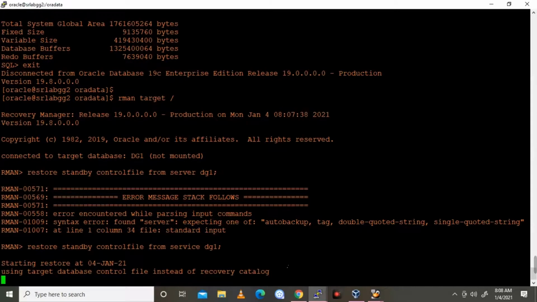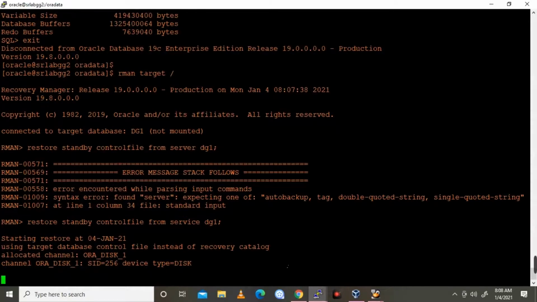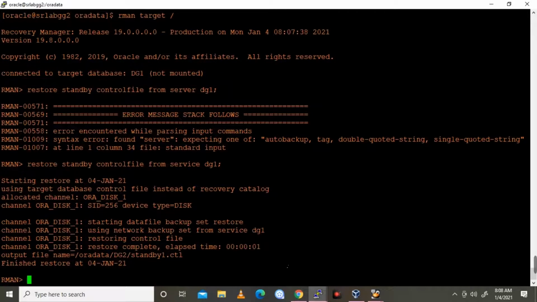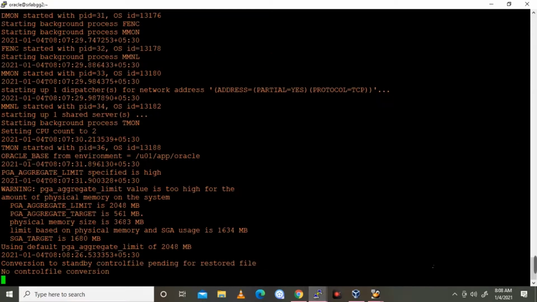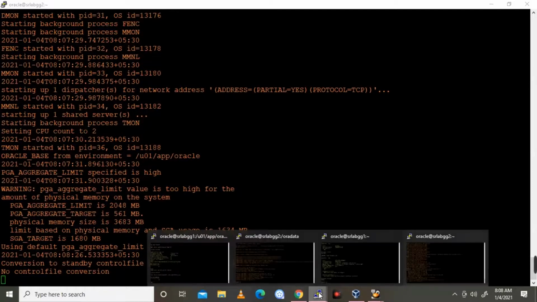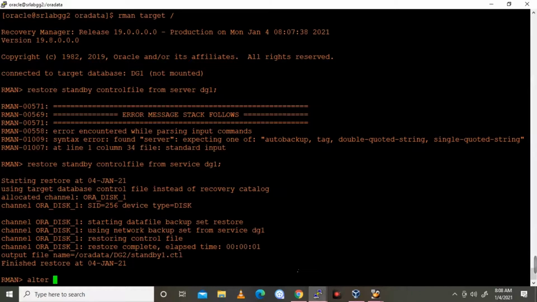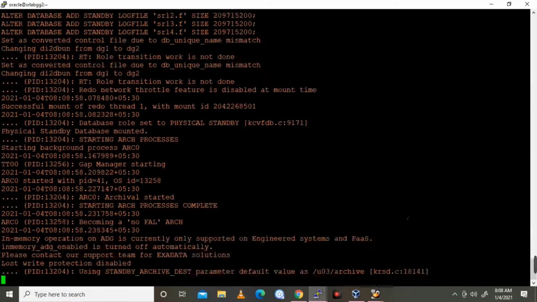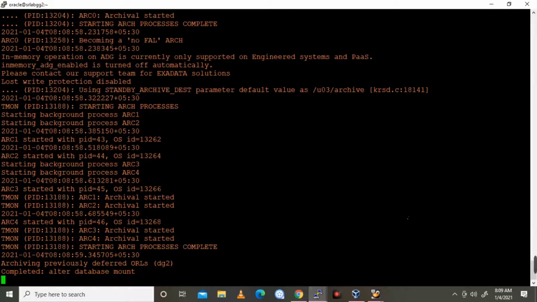Now I am going to restore the standby control file from service. It's running the restore of the standby control file created from service DG1. Then alter database mount. What will happen? It will start automatically since Data Guard broker has been enabled. It's working.